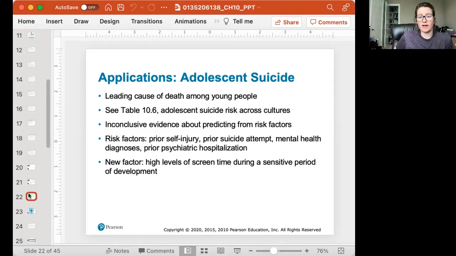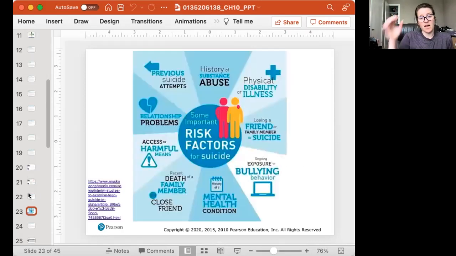Trauma is a risk factor, okay? And then a new factor: high levels of screen time during a sensitive period of development. It's interesting to know. So too much time on technology during sensitive periods of development could be an implication for suicidality. So here is an image I found from